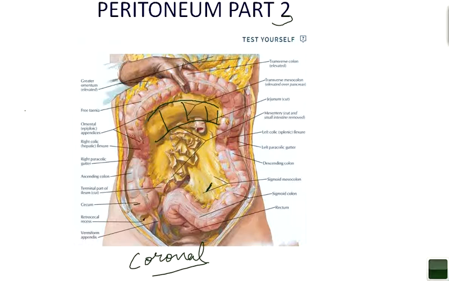This is the cecum and ascending colon, and to give you a better view of the mesentery of the large intestine, it has been cut. You can appreciate the greater omentum. It is an apron-like structure which acts like the police station of the abdomen. This clinical aspect will be discussed later. Just to appreciate the diagram so that you can easily correlate with the body structures, you can pause the video here and see.